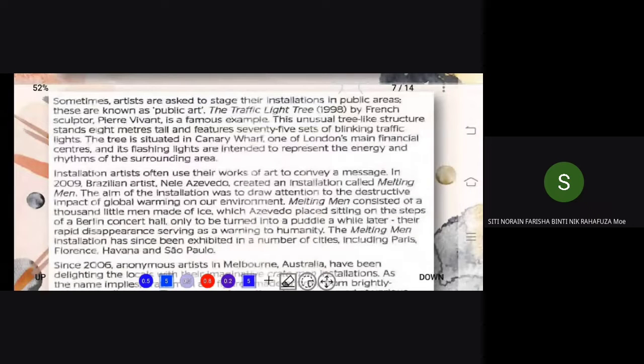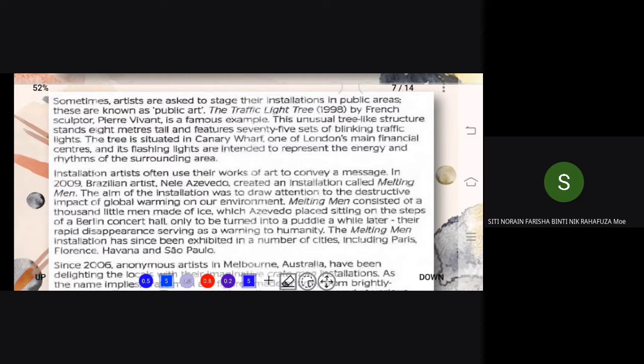Sometimes artists are asked to stage their installations in public areas. These are known as public art. The Traffic Light Tree, 1998, by French sculptor Pierre Vivant is a famous example.